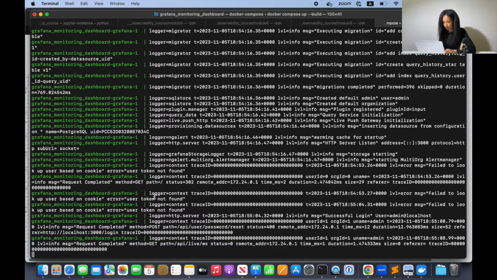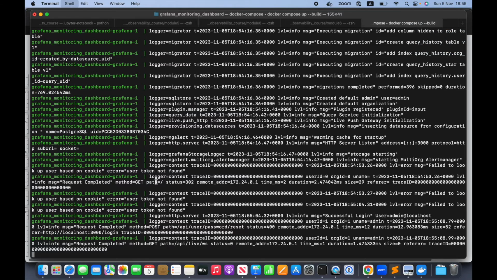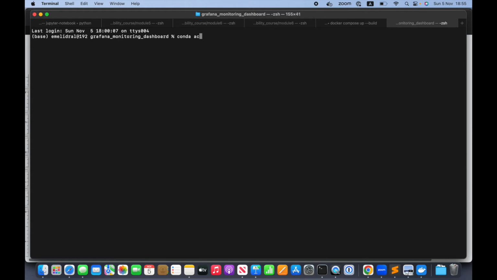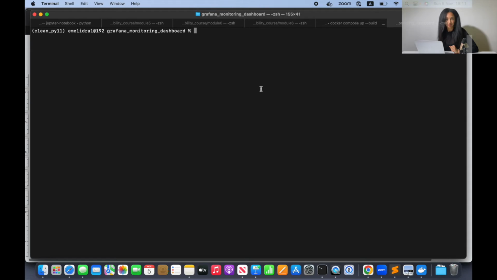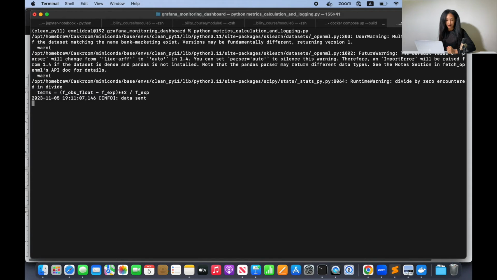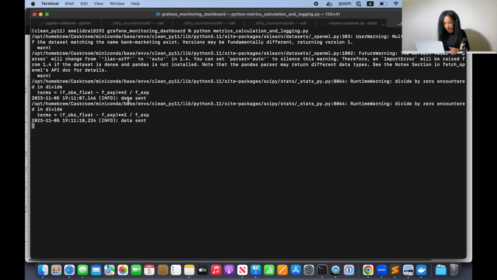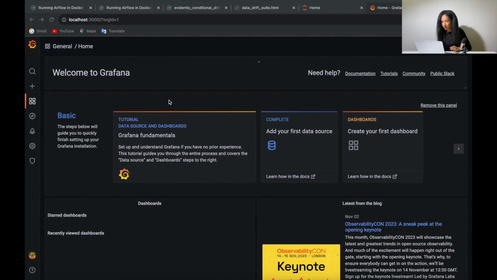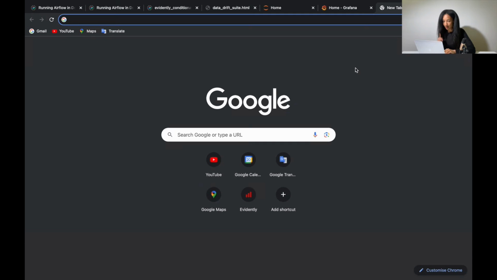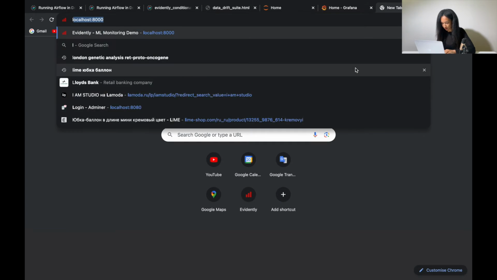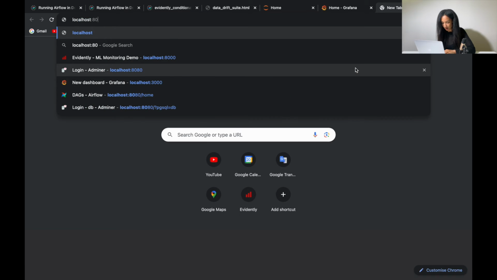Now let me open up one more tab. Let us run our script and see whether we are able to log some data to the database. Yeah, it's finally running. I can see the data sent. And let me go and access Adminer first, before Grafana, because I want to check whether I was able to actually create a database